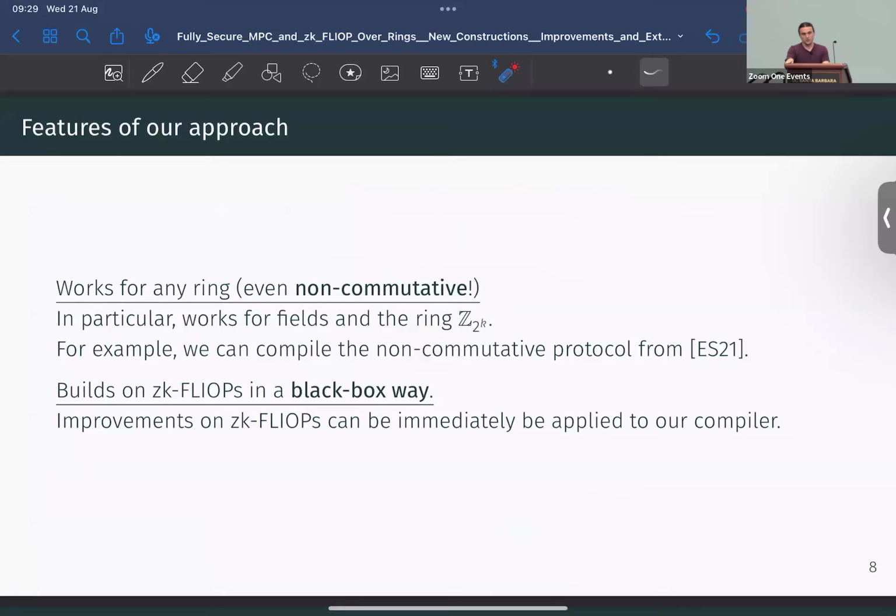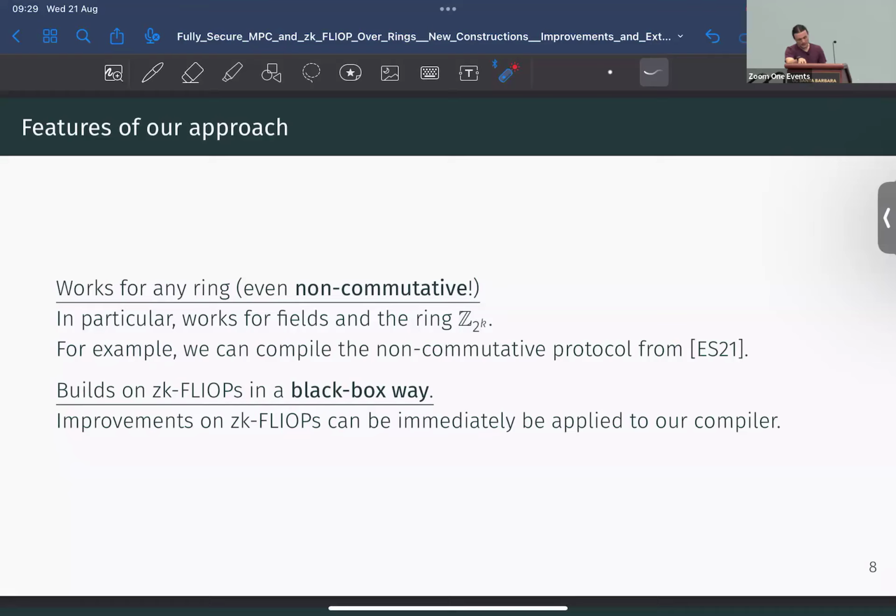Right, and I also want to mention briefly some extra features that I haven't listed. So we try to be very comprehensive. The compiler, or our approach, works for any ring, even non-commutative. It's actually not super difficult to get it done, and I like thinking of this: how general is this? A lot of our techniques turn out to work even for non-commutative rings. I think it's a very interesting observation.